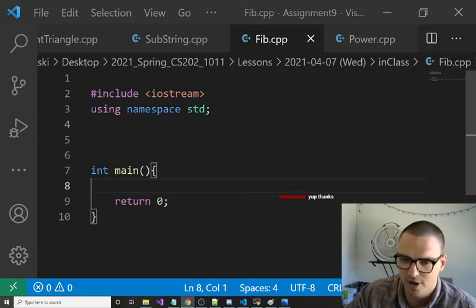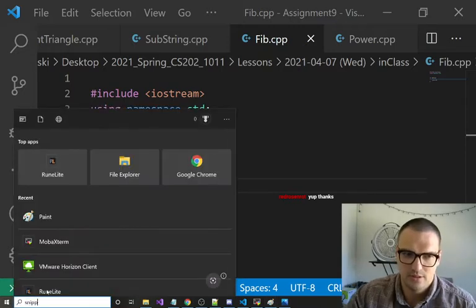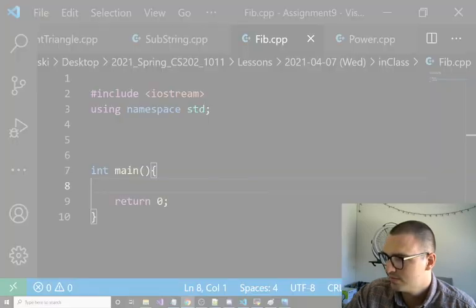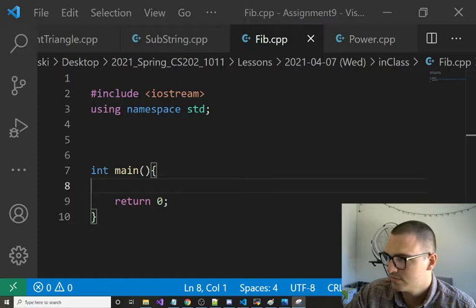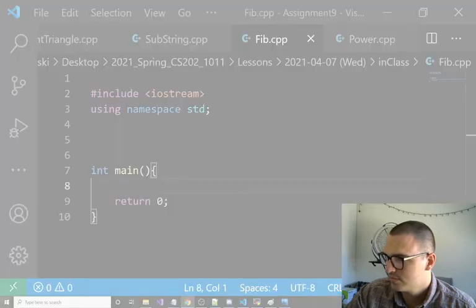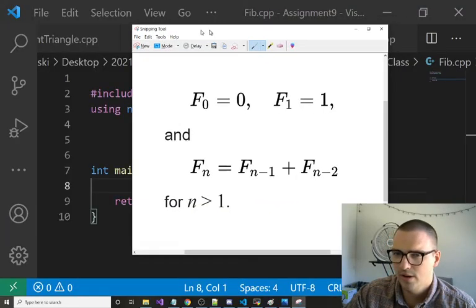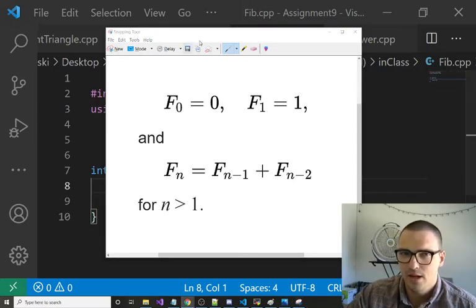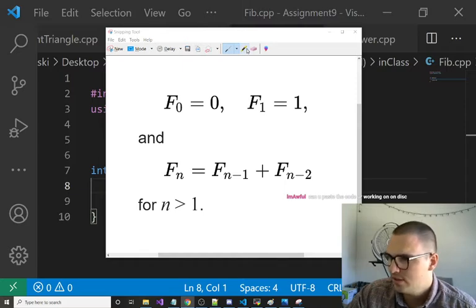And let's put it into some code. All right, so here is our Fibonacci sequence. And so we determined,